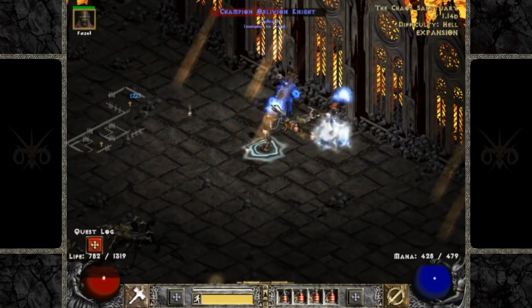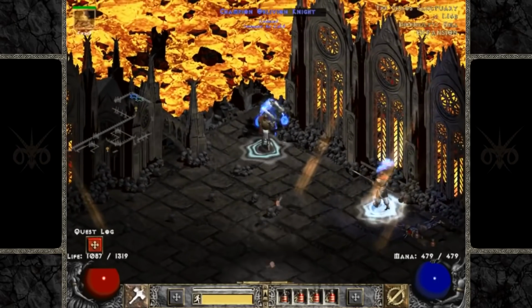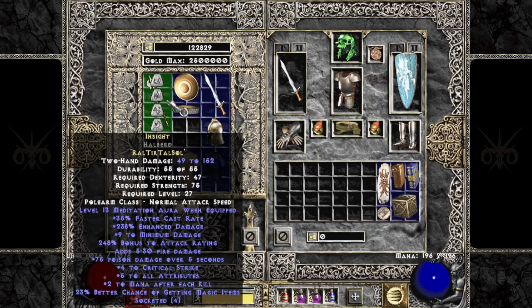In terms of Mercenary for this, the hands down best choice is going to be an Act 2 defensive Mercenary with Holy Freeze and an Insight Polearm, which is Ral, Tir, Tal, and Sol in a non-magical 4-socket polearm. Then as far as armor and helmet, Life Leech and Resist are what you're going to want to focus on,